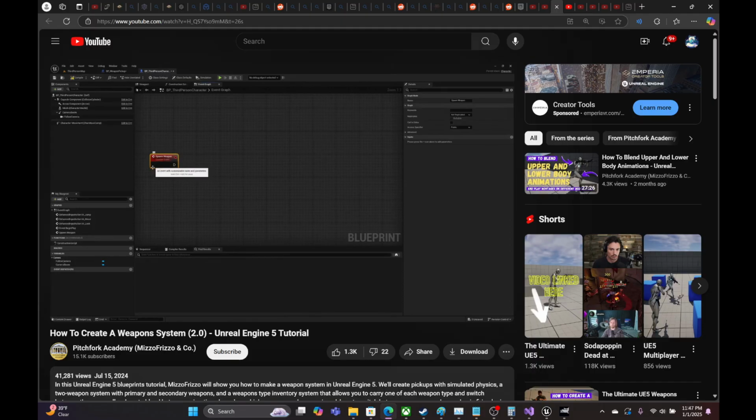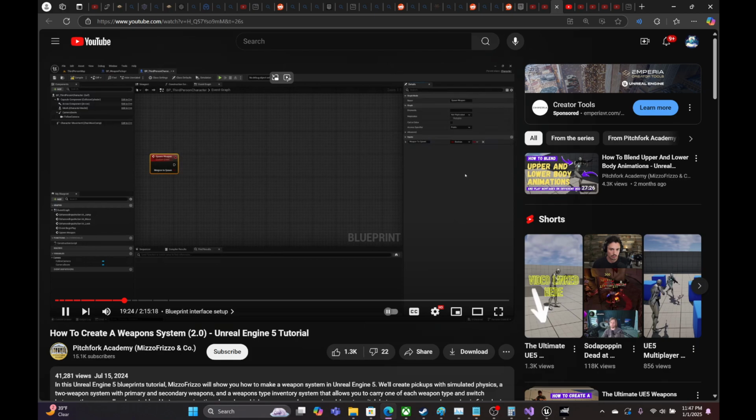And then I'm going to select this and I'm going to give it a couple of inputs. The first input is going to be weapon to spawn. And this is going to be a class